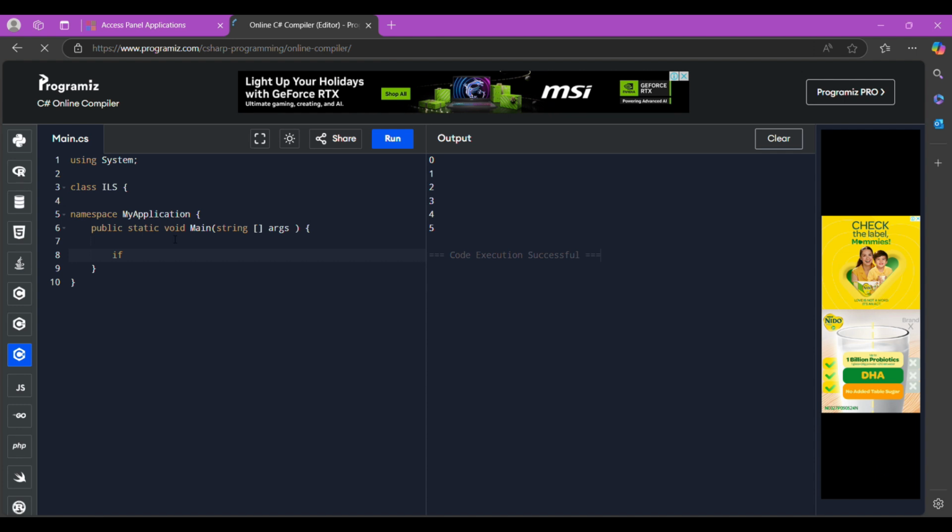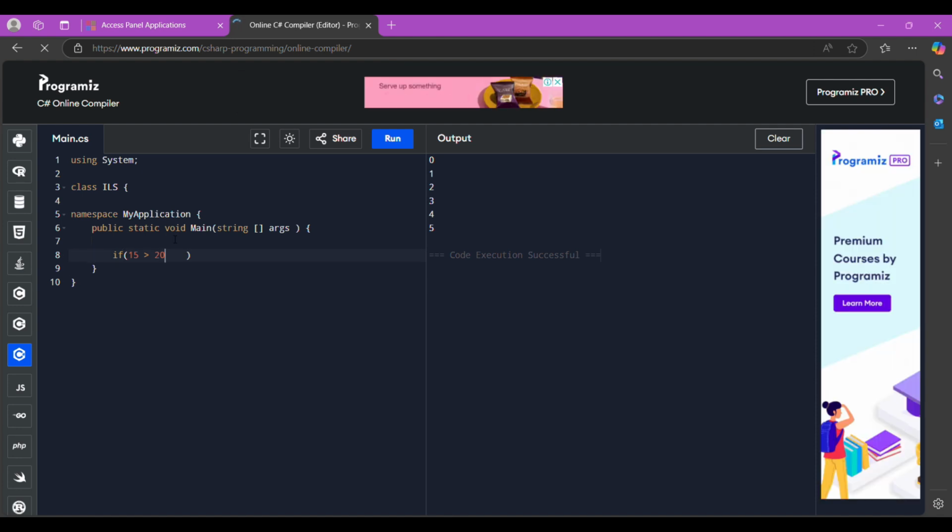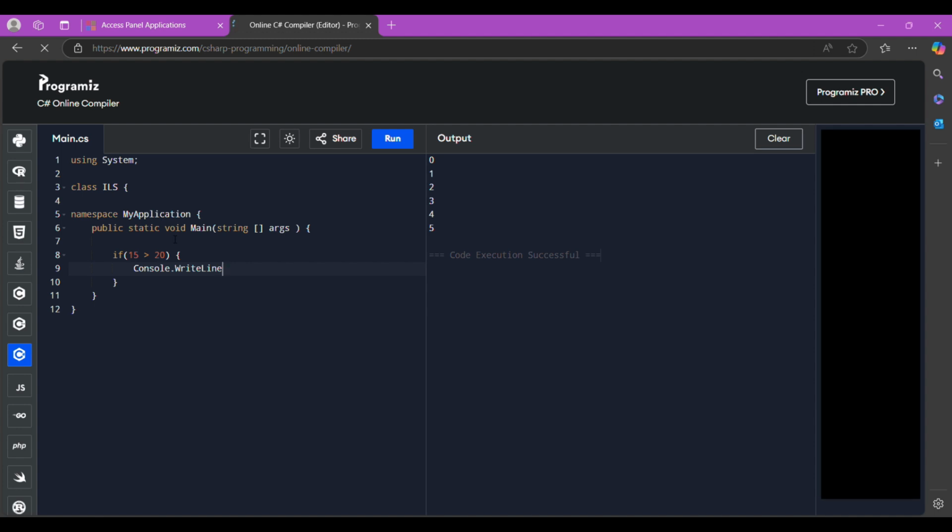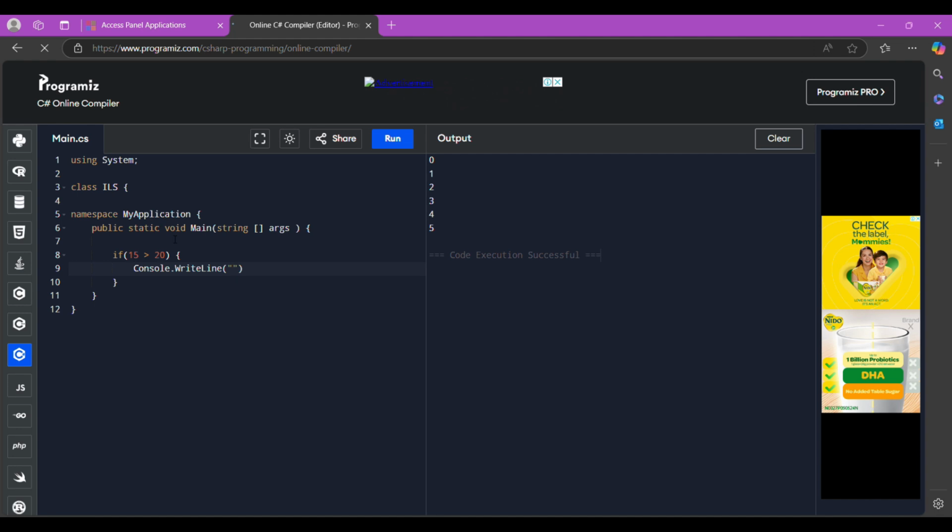So if, let's say, 15 is greater than 20, then we're going to put the open bracket, and the condition is if 15 is greater than 20, Console.WriteLine, then close parenthesis, quotation,